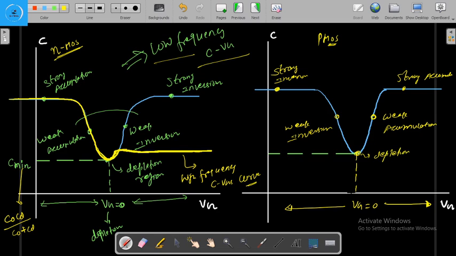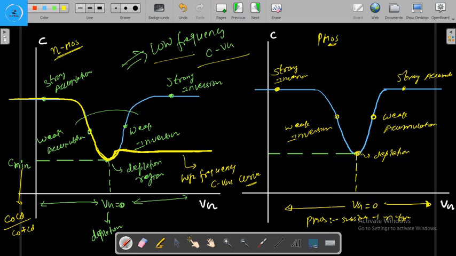Because for the PMOS the substrate is N type. So when we apply the negative potential at the gate, right,